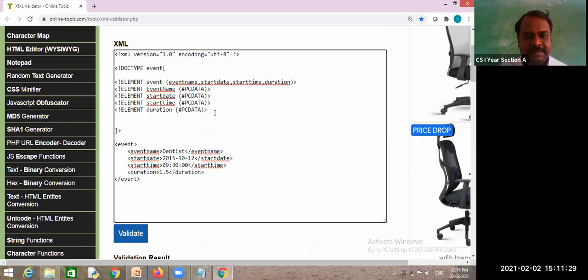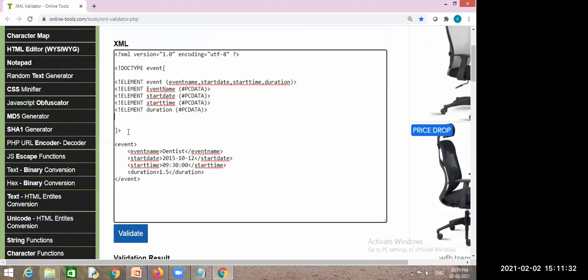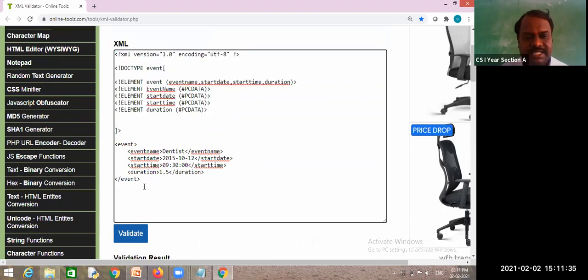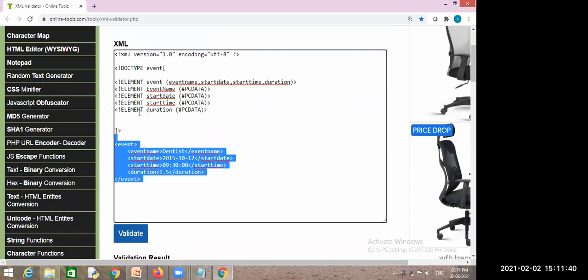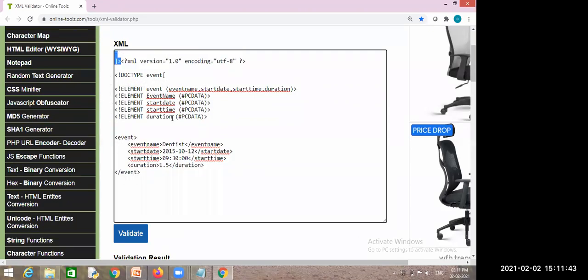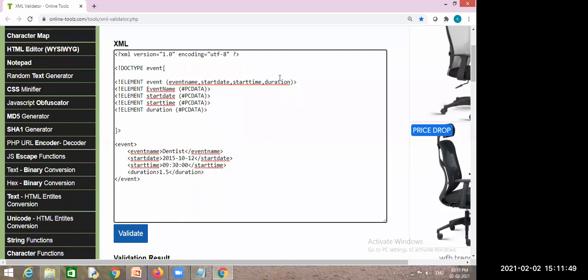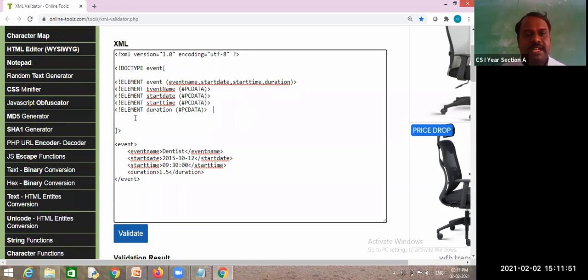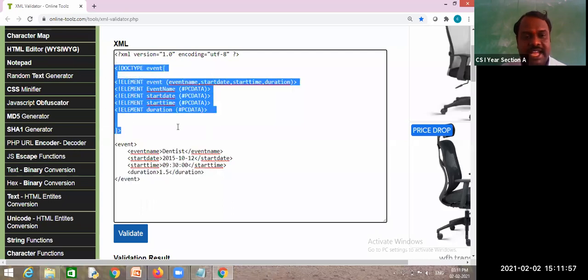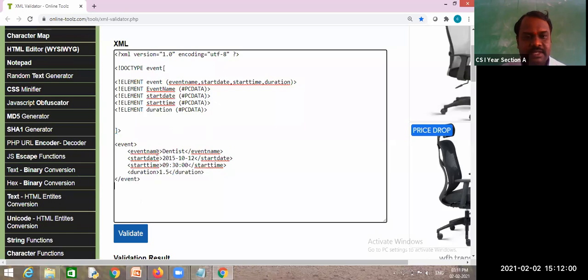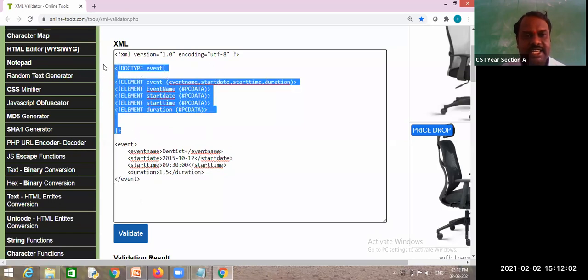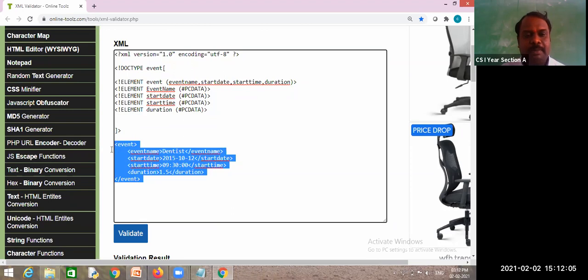Is it clear, or any doubt? Clear, sir. So can you write this for any similar type of events, what we call a DTD? Yes, sir. Is it clear? I am showing you how you want to create an XML document, but how did I write this one? By seeing this XML document, I wrote this. But actually, will you write based on this? No, first we need the DTD. Based on this DTD, we have to prepare the XML document.